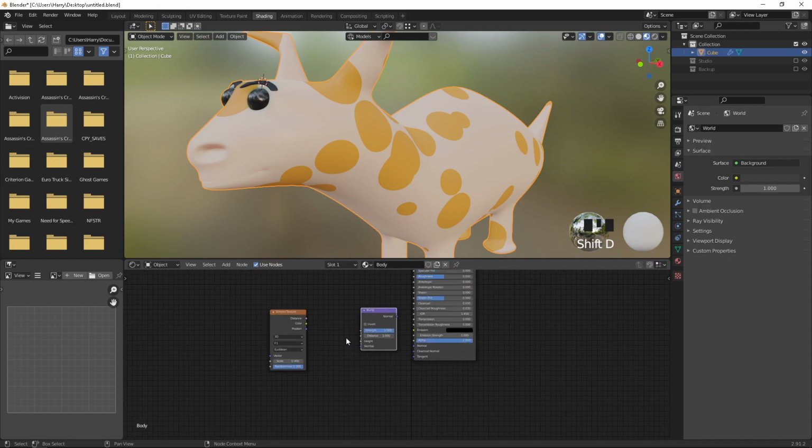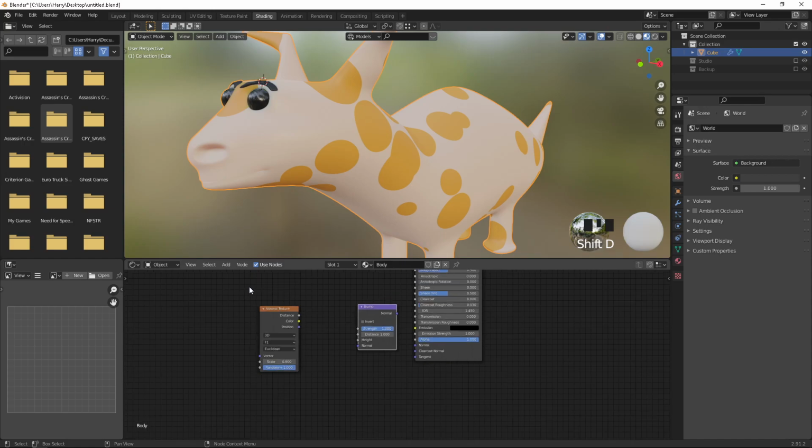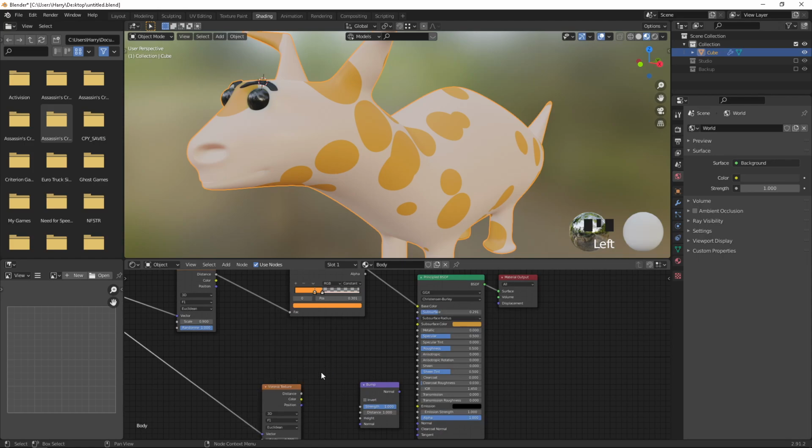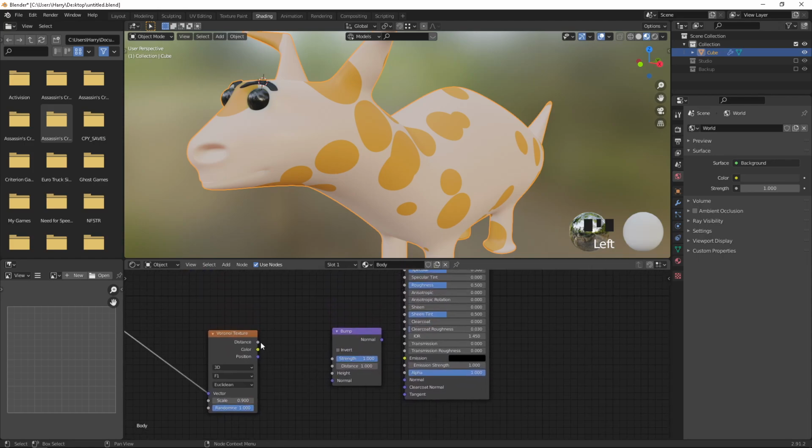Select this one, and I take the same vector because the scaling should be the same, and I will give it as height, and this normal is going to the normal.